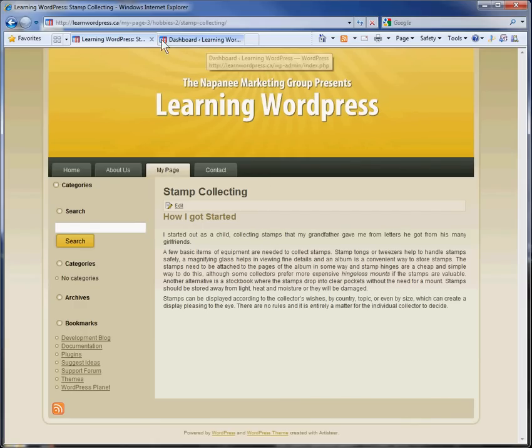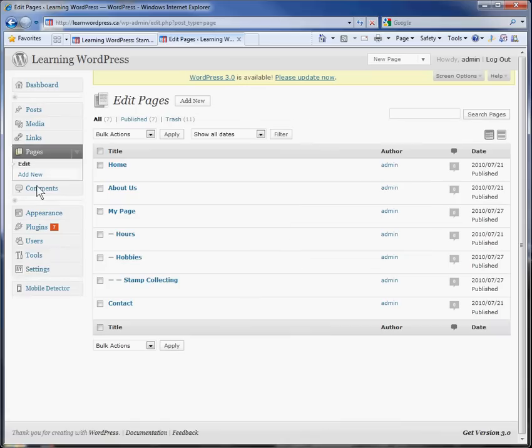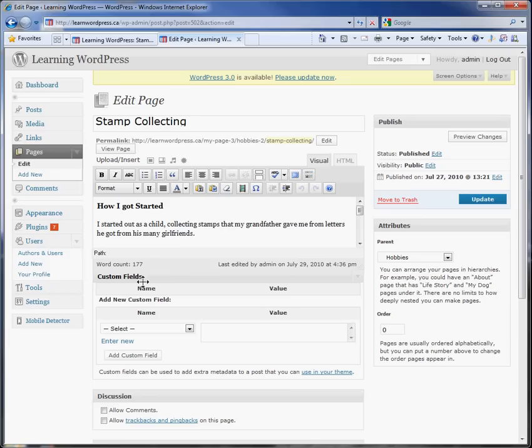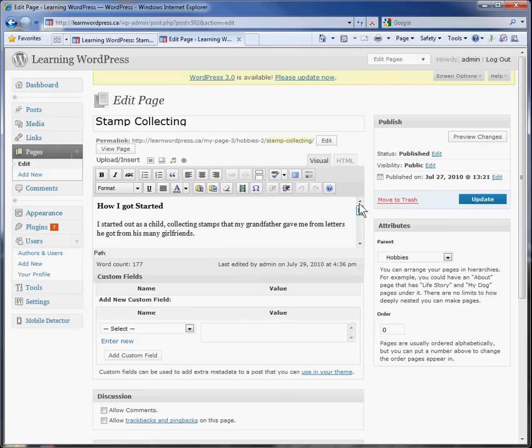So go over to your tab over here that we've already got our administrator open. Go over to Pages, and we want to put that picture into the stamp collecting page. So just click on Stamp Collecting. Now here's an area we've used this little box here before to do some of the text editing and inserting. I'm going to introduce you to another little tool here. Just let your mouse hover over here to this sort of a TV screen here. You notice it says Toggle Full Screen Mode. Now you can use the hotkeys Alt, Shift, and G to do the same thing, but just click on that,